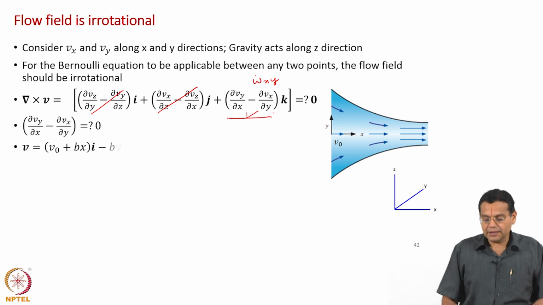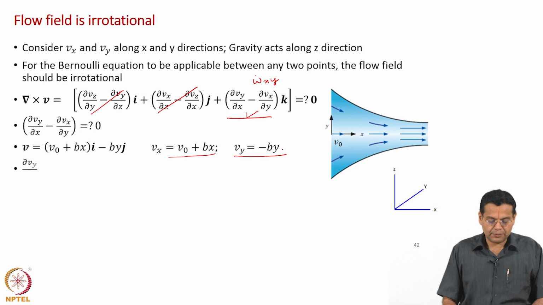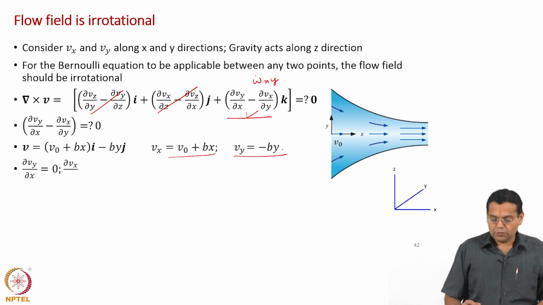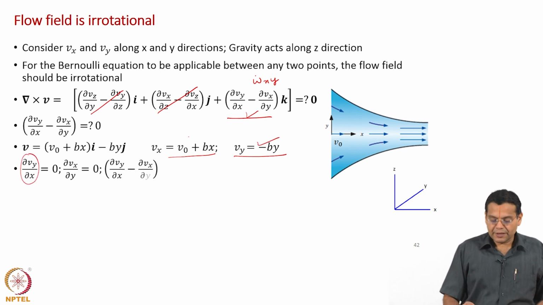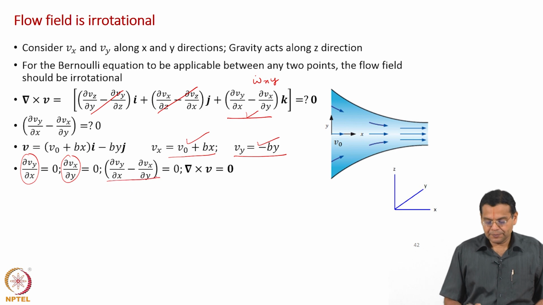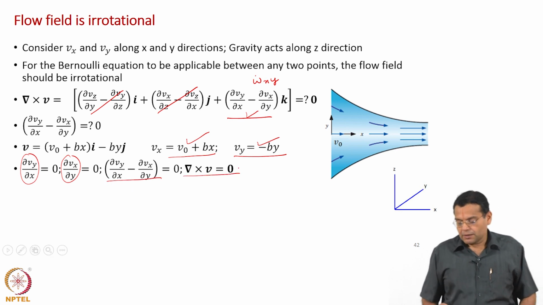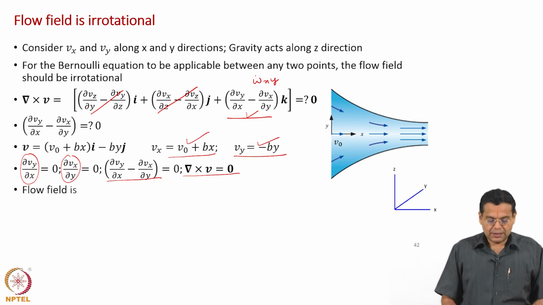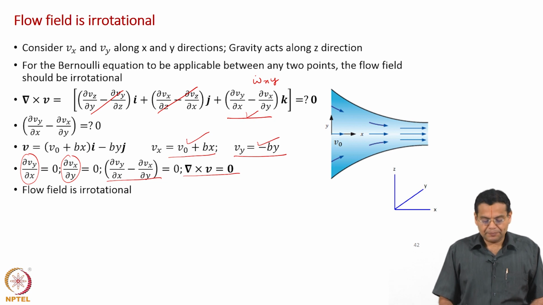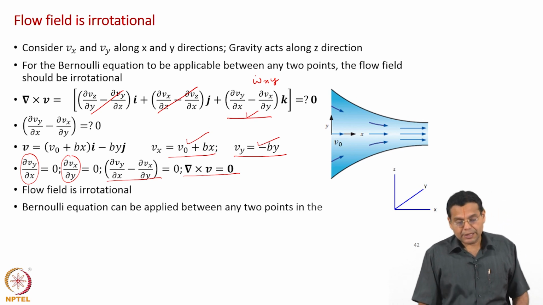We are given the velocity field, which means we can identify the x component of velocity and the y component of velocity. Let us evaluate the derivatives. V y is a function of y only. So, dou v y by dou x is 0. V x is a function of x only. So, dou v x by dou y is 0. And so, this term is 0, which means that del cross V is equal to 0, which means that the flow is irrotational, and hence Bernoulli equation can be applied between any two points in the